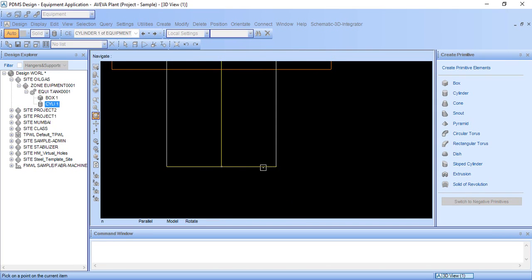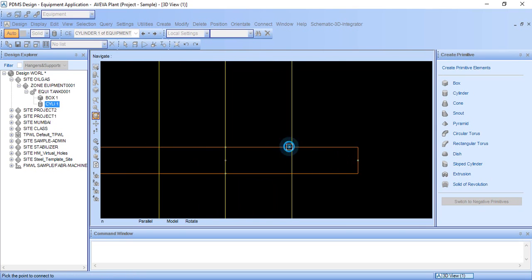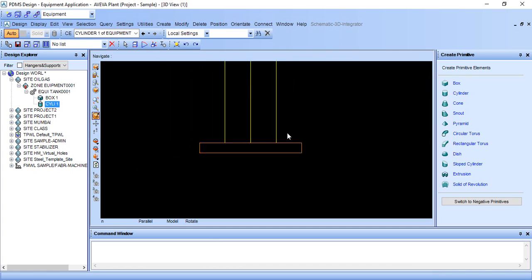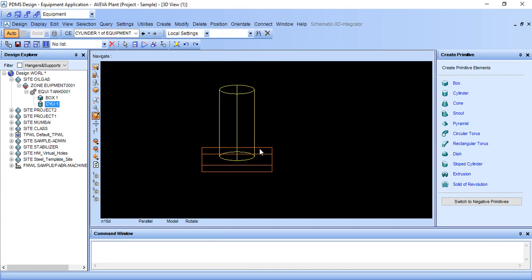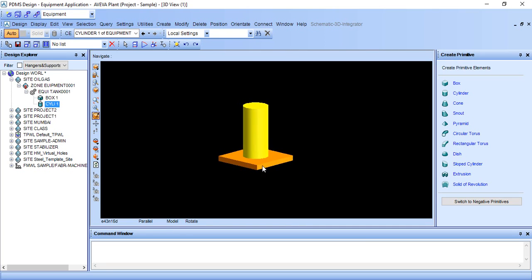Just click the bottom surface of the plane and here the point matches, and I am releasing the button, and go to this surface, match and drag the point to this point and release the button. So it is asking if you want to return to the original position. No, I don't want to return to the original position. So it comes like this, and to come back to the graphical view, you should press the F8 button. So it will be seen like this.